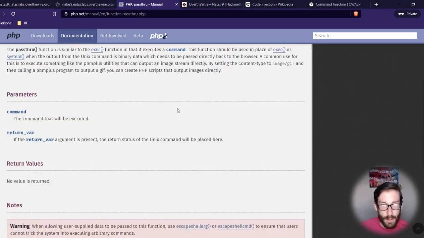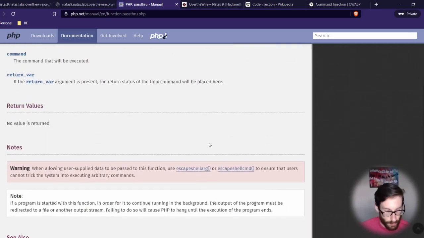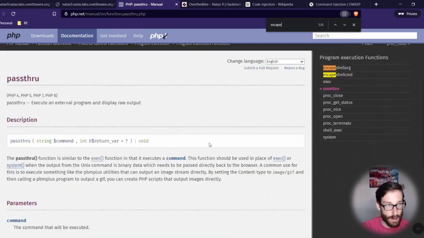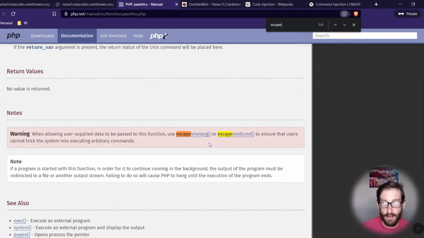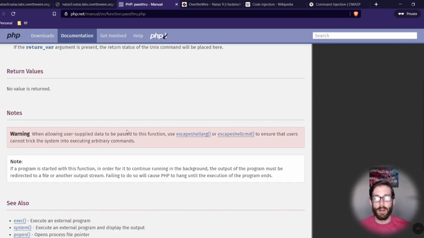What we could do is a Control-F, let's do a Control-F for escape. It doesn't look like they've included it, but it would basically encapsulate inside of this. We'd have the passthru. So once I realized that this was an issue, and that if you pass an arbitrary command into passthru, it's going to execute it no matter what, there's going to be no sanitization or anything. That was kind of a good insight.